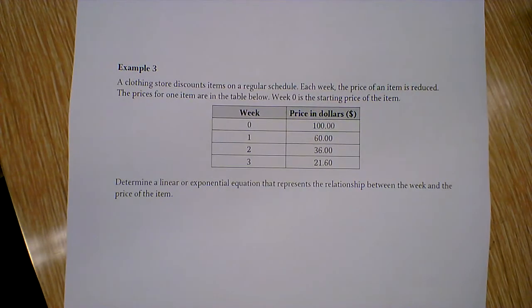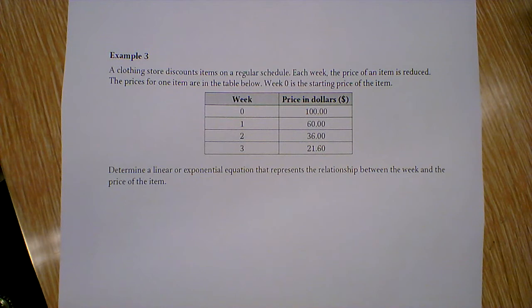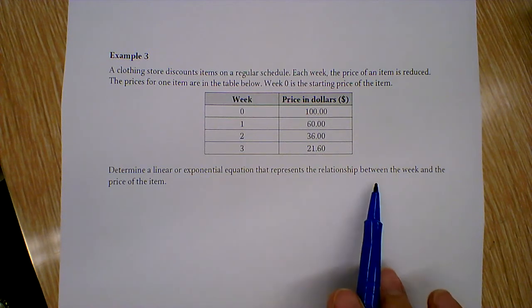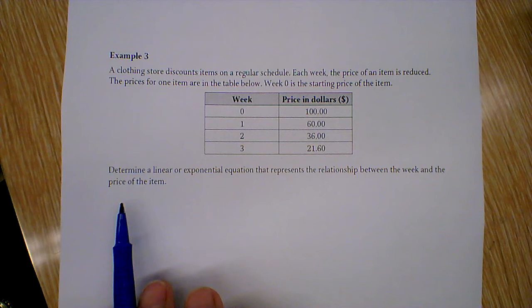All right, last example. Example 3, we have a table. It says, a clothing store discounts items on a regular schedule. Each week, the price of an item is reduced. The prices for one item are in the table below. Week 0 is the starting price of the item. So it says determine a linear or exponential equation that represents the relationship between the week and the price of